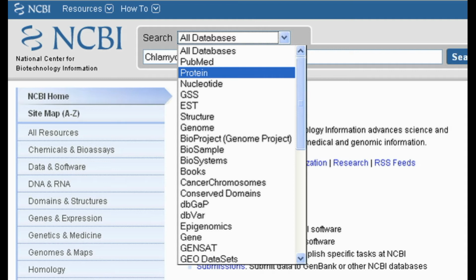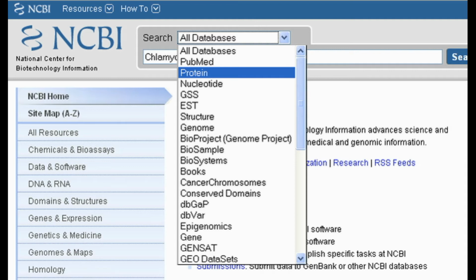The distribution of study types contained within GEO can be viewed at www.ncbi.nih.gov/geo/summary. Next resource, that is Gene.